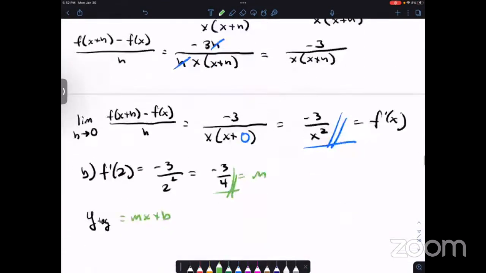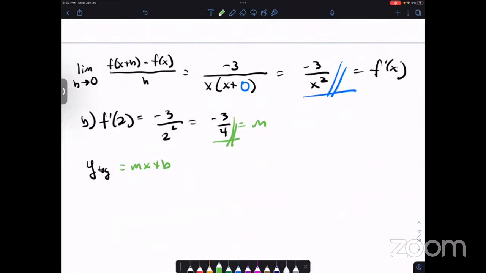So then we got our slope. We also have the point (2, 3/2), so that's the x with the corresponding y from the original. Now we have a slope and a point, so we could use point-slope. I think some students showed me you could just plug it directly into y equals mx plus b. I checked it, I confirmed it. It actually works, all right? So I prefer to just go y equals mx plus b.